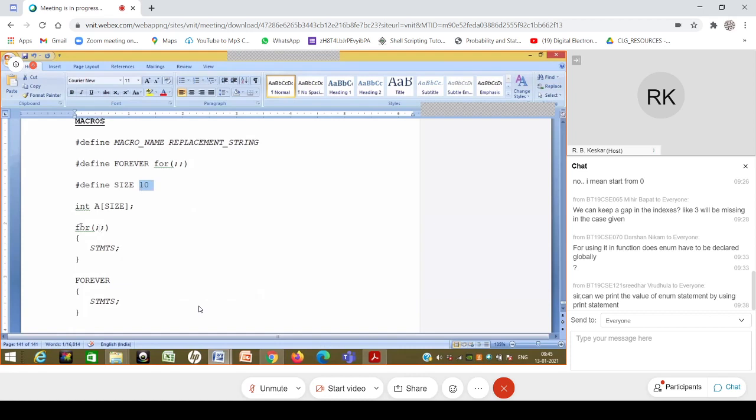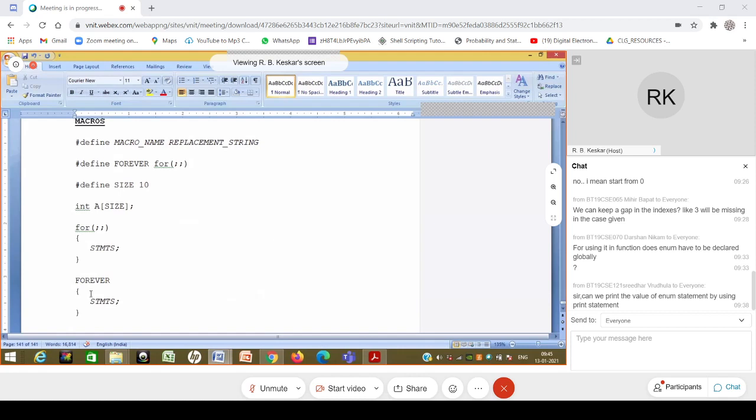For example, in this particular case, this whole string, which stands for an infinite loop, is being given a name called forever, and I use this forever wherever I want an infinite loop. So this is possible. I'm not saying this has to be done. Rather, I have told you that infinite loops should not be used. This is just for illustration.